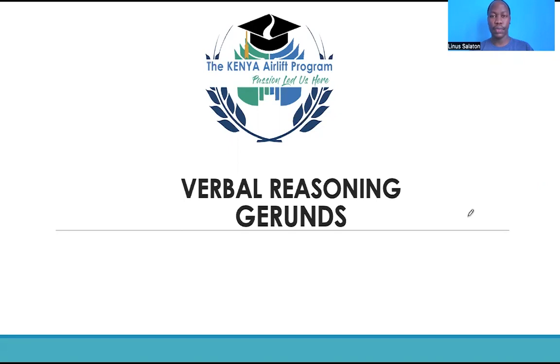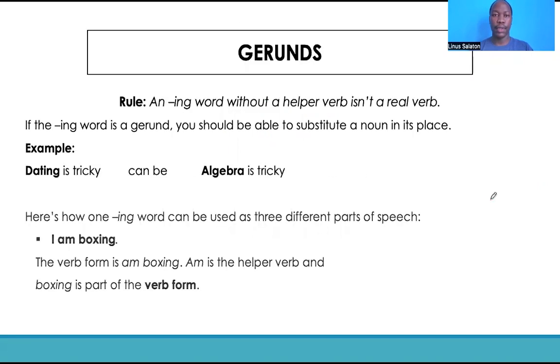In this video, we're going to focus on gerunds. Gerunds are parts of speech. They come in the form of, or as a part of, what we commonly refer to as nouns. So let's begin. Gerunds basically are verb forms that take the form of nouns. What that means is that you'd have a verb, the participle form of the verb, then you add the word ing to the verb, after which you have the gerund.